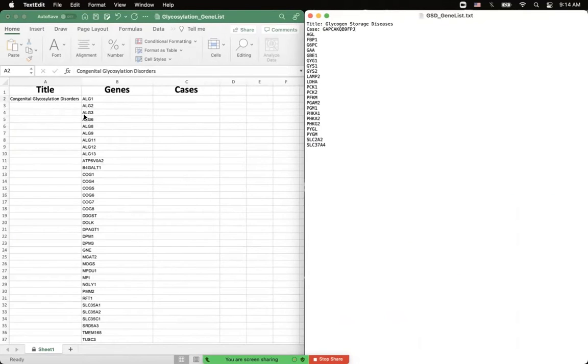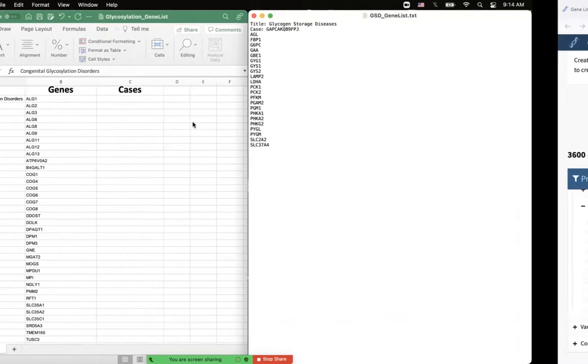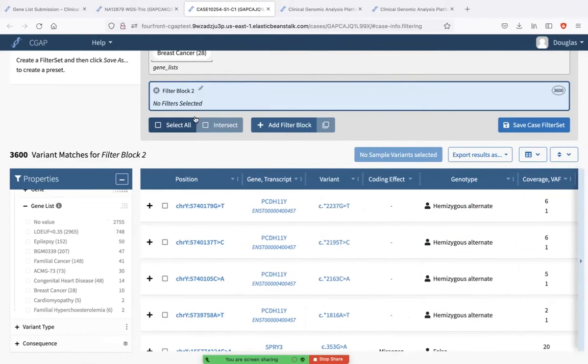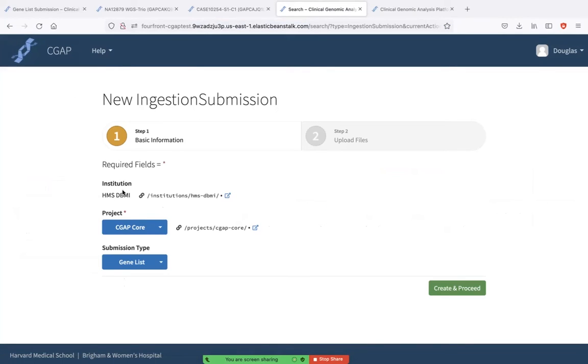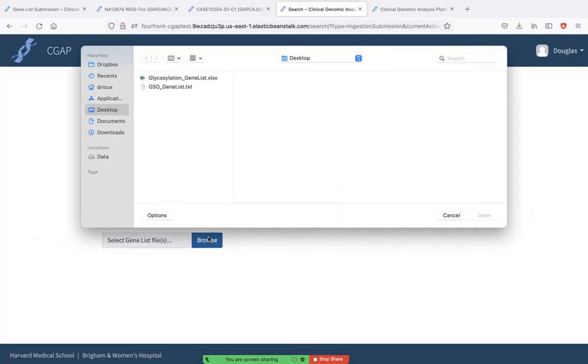I'll now go ahead and submit these gene lists. And to do so, I will use the web UI interface. To find the web UI, I go to the home page of my deployment, hit the Submit New button, and select gene lists. Here we find the institution available as well as the projects available. If you only have one project, it may already be chosen for you. And I will proceed to upload my gene list by choosing my file